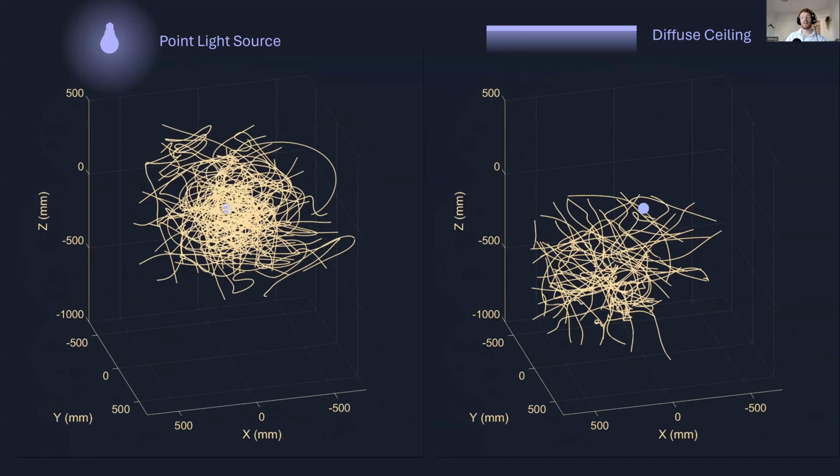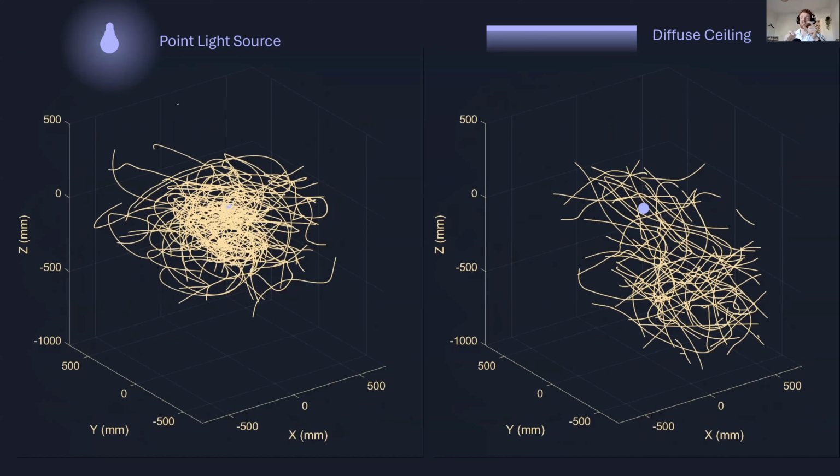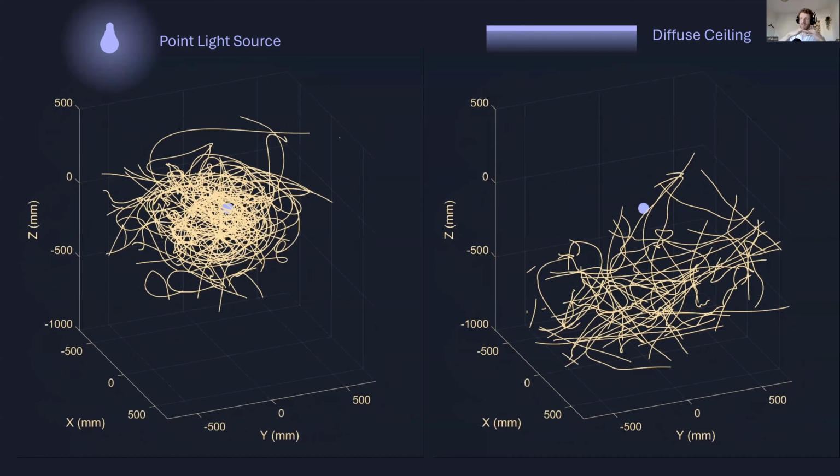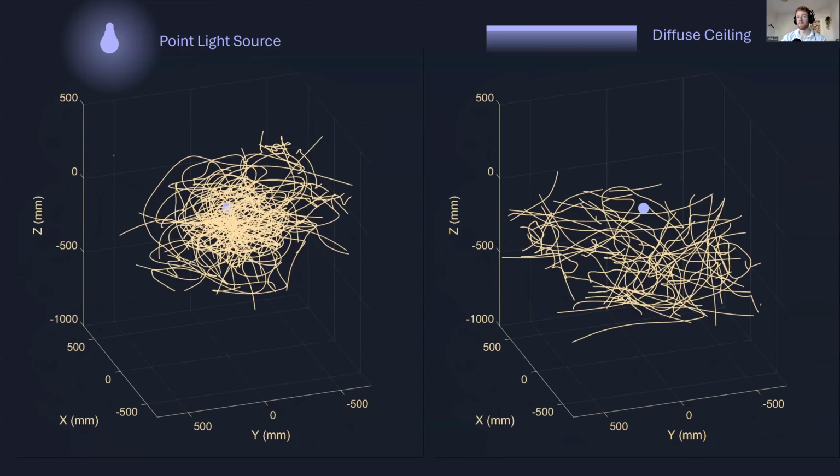That doesn't mean you should light everything like a diffuse ceiling, because that's not going to work when they come to the edge of where that light is. But while they're underneath this canopy, it seems to work pretty well at righting their flight.